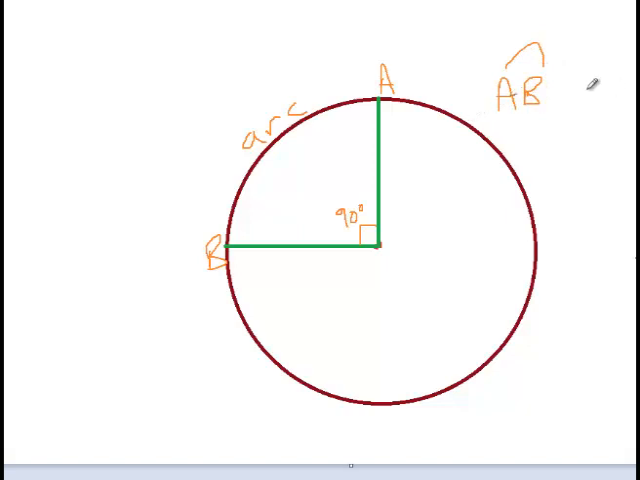We're not talking about line segment AB. If we wrote AB with a line segment, well, then we would be asking what is the distance from A to B. Distance from one to another is always the straight line. But that's not what we're asking. We're asking for the measure of degrees that corresponds to